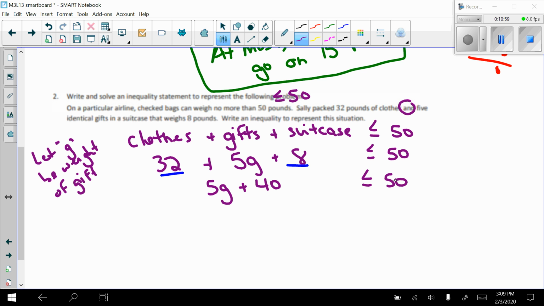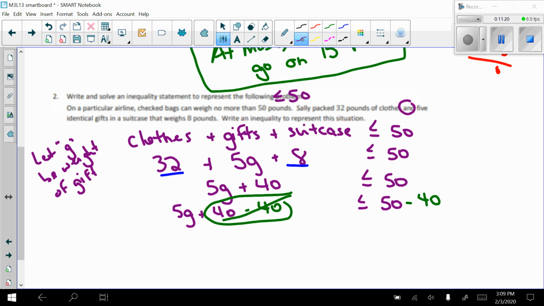So then my next line, undo my constant. 5G plus 40 minus 40 is less than or equal to 50 minus 40. That cancels, leaving me with the 5 gifts are less than or equal to 10 pounds. So if 5 gifts are less than or equal to 10 pounds and they're identical gifts,